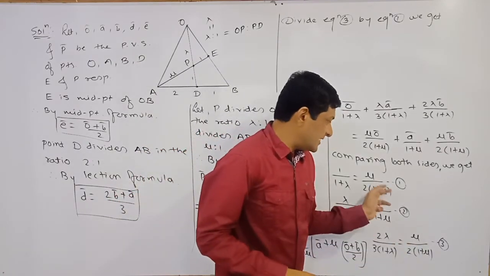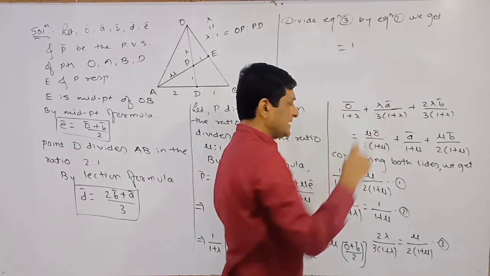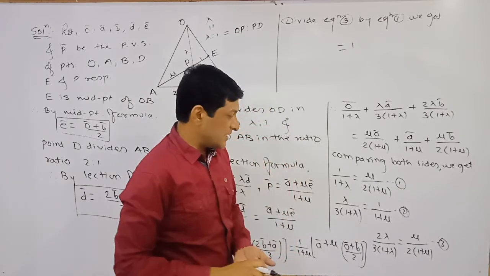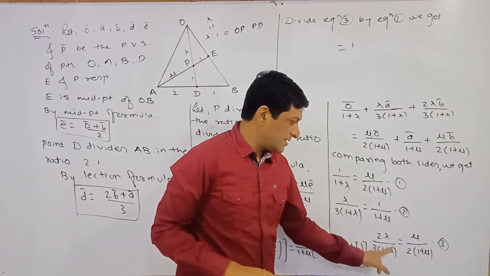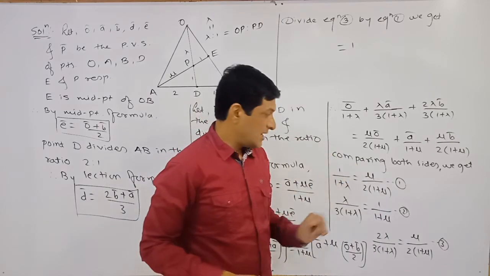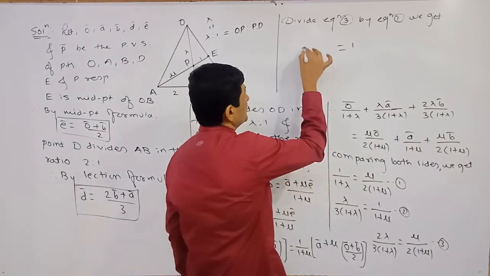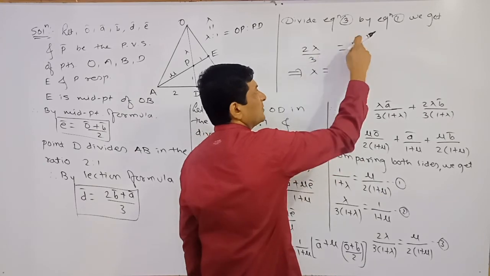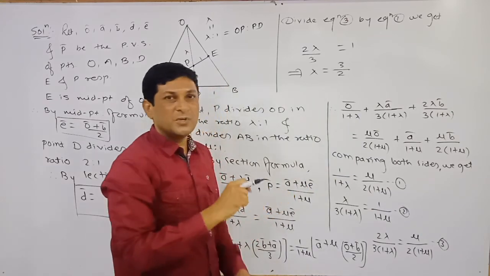So see, let us see what we will get. Division of this right hand side will be equals to 1. Exactly same terms are there. That's why we can say that this division will be equals to 1. Now observe the left hand side very carefully. So if we are taking this division, so 1 upon 1 plus lambda, and here also 1 upon 1 plus lambda will get what? Cancel. We are dividing equation 3 by what? First. After cancelling 1 upon 1 plus lambda, here remaining term is 2 lambda upon 3. So 2 lambda upon 3 equals 1, which implies that lambda is equal to 3 by 2. 3 will get multiplied, 2 will get divided. 3 by 2. So in this way we have got our required ratio.